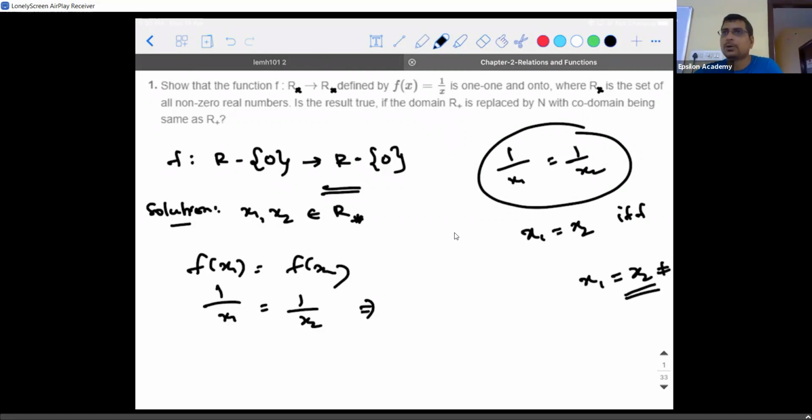Very important point. You might get this in a chapter called maxima minima. These kinds of questions will come. At that point, you should be in a position to make a decision. Am I clear there? No confusion, right? That time they will mention the function. They will not give R star to R star. They will want to really test you. Some questions they will ask you like this: check the continuity of the function. They will not give you domain and range. You need to find it out.